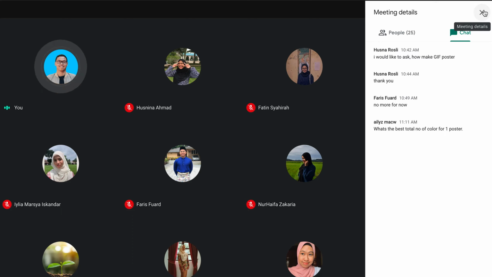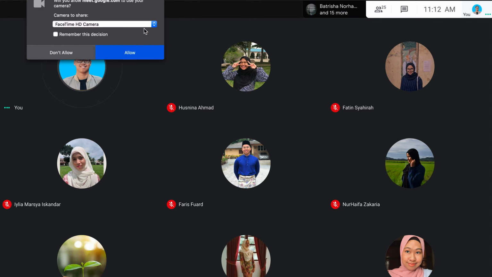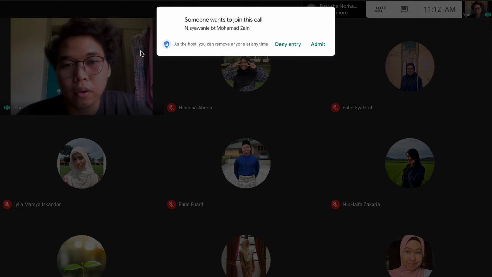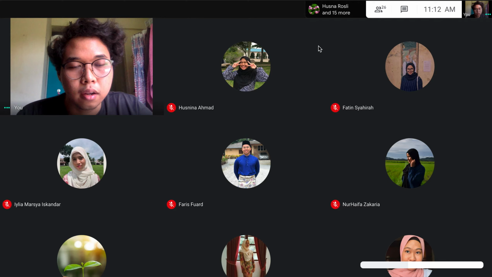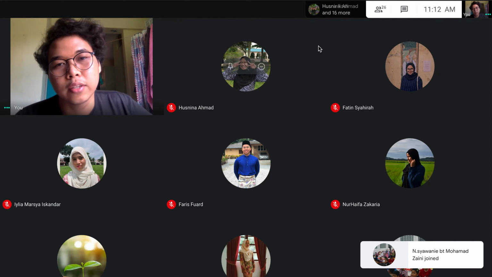Okay, so there is a question about what's the best total number of colors for one poster. Okay, so actually maybe Fatin, Hazima have mentioned before in the first session about how many colors that you can use in one poster. So basically